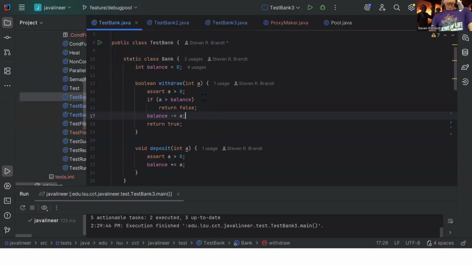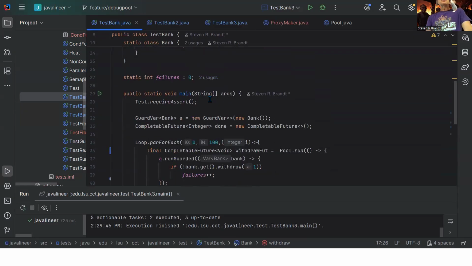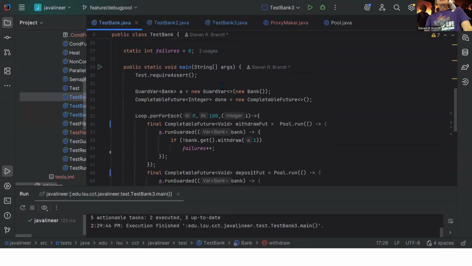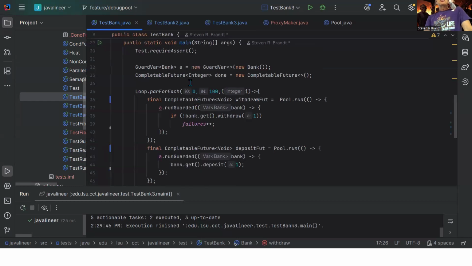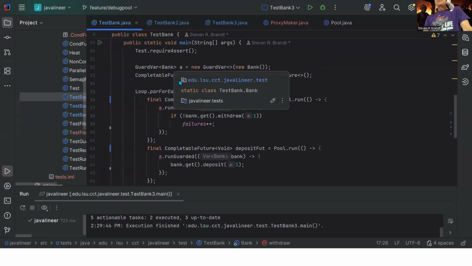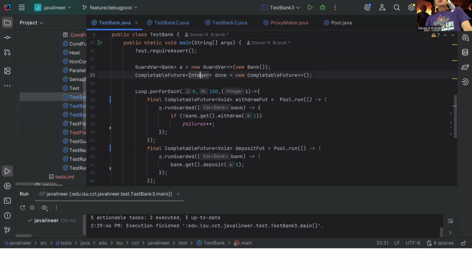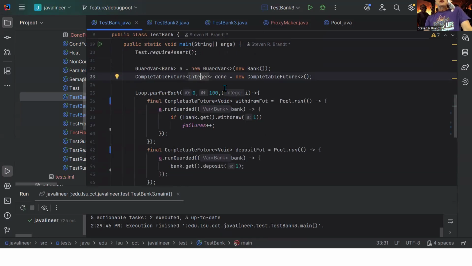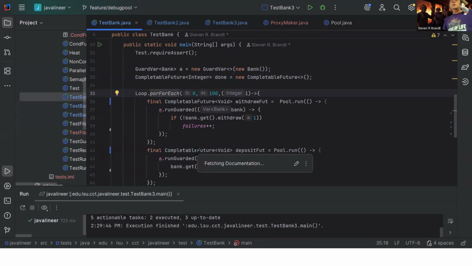All right. So then what we're going to do is we're going to have a main method where we're going to create a guard var for a bank, right? And then we're going to have a completable future with an integer that's named done. And then I have this thing called loop par for each. So what this is going to do